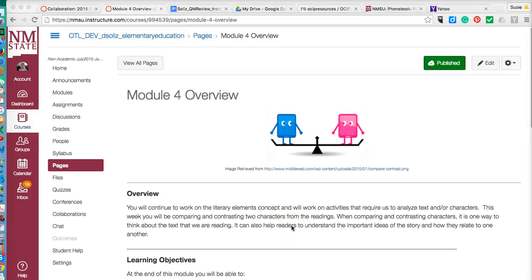I thought I'd do a quick screencast to illustrate what I'm talking about with regards to alt text for screen readers and embedding this information in your HTML code. So here is your Module 4 overview page with your little graphic, which I'm going to describe in the HTML code. So you go to Edit,